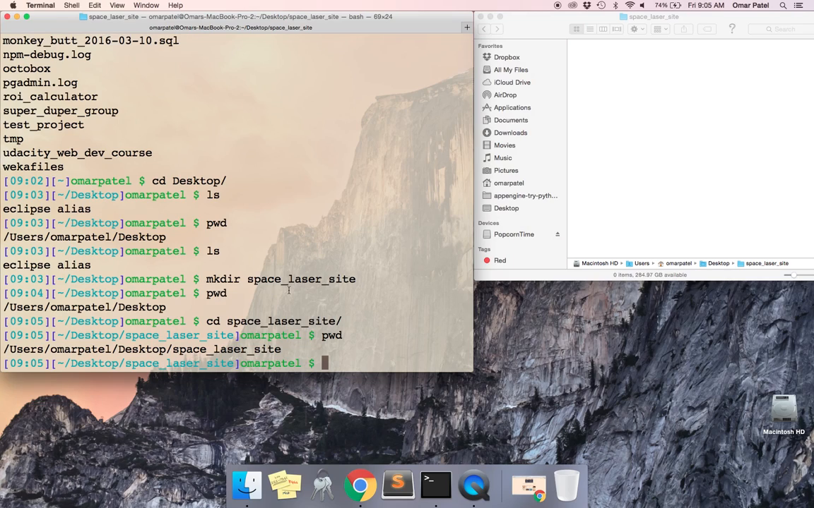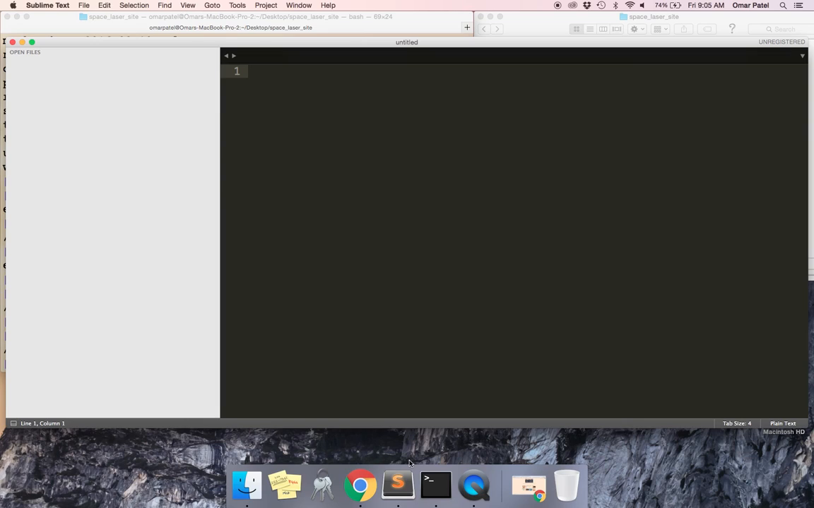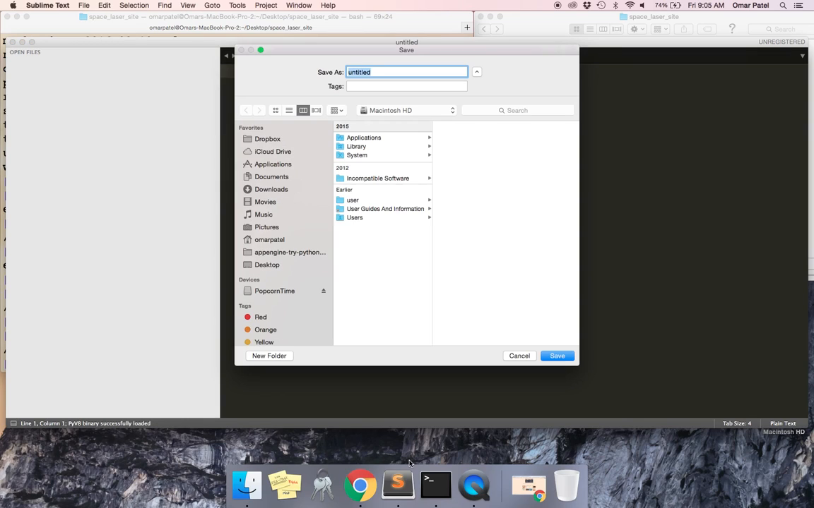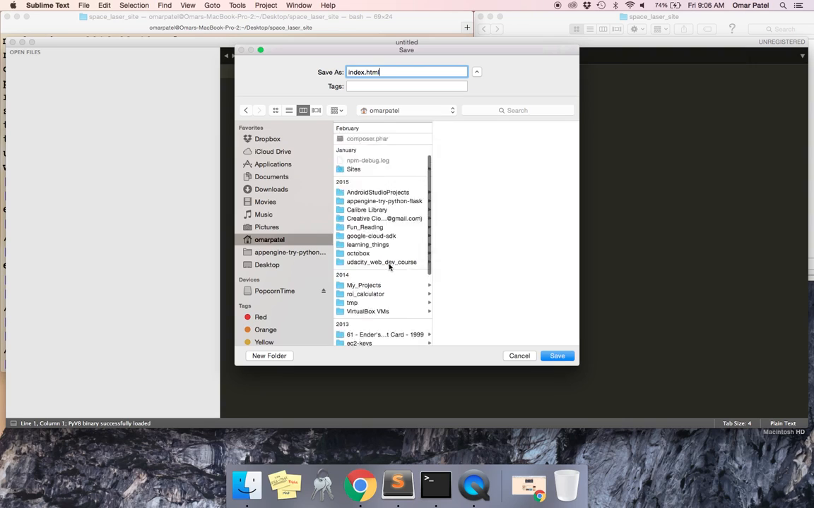All right. So now I'm going to create a file. I could do that a couple different ways. If I didn't want to use a terminal to create a file, then what I could do is go to Sublime Text. Let's hit Command S to save, and let's create an index.html file. And I'm going to save that all the way into,